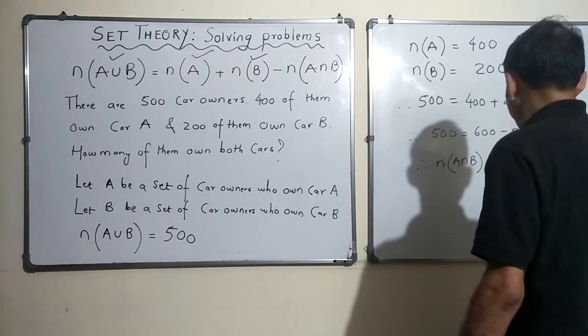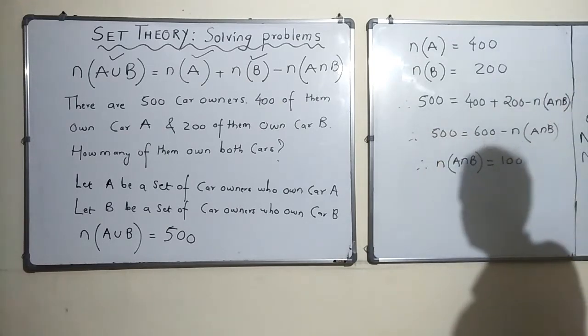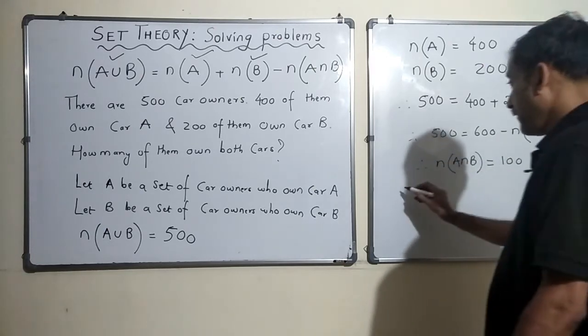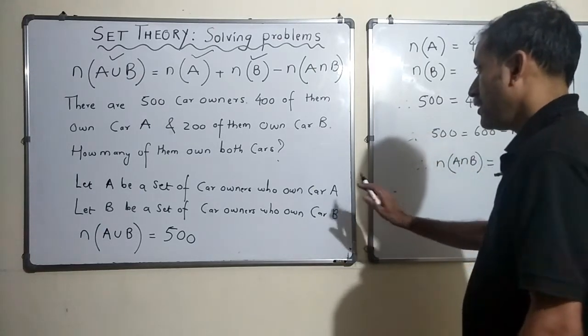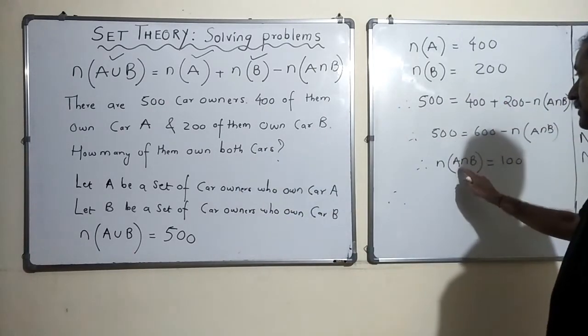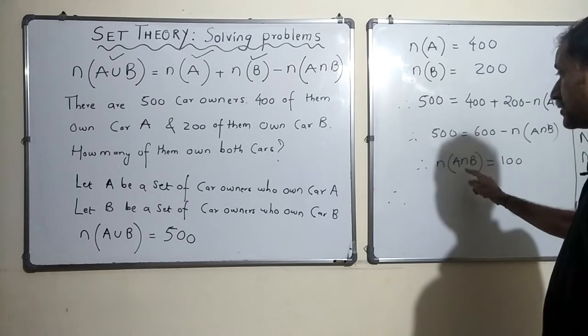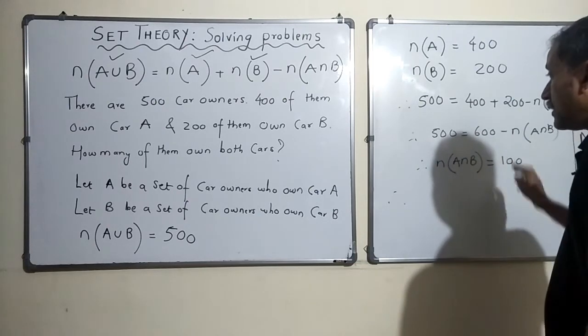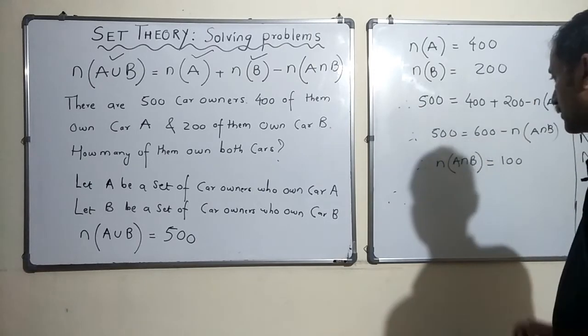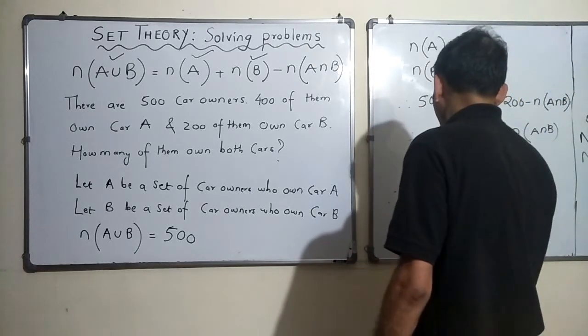Is that a correct statement? So how many of them own both cars? A intersection B means the elements are there in both set A and B, which means the owners own both car A as well as car B. So 100 owners